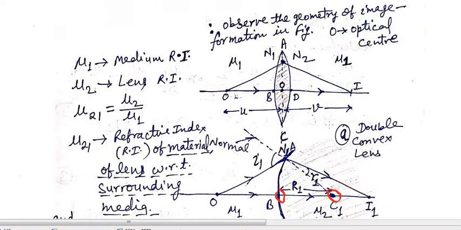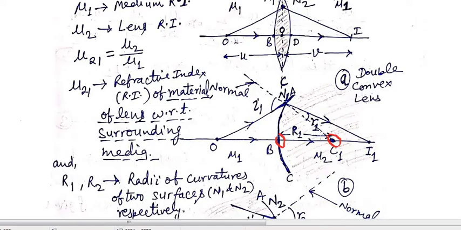Okay, so we will make the diagram for refraction at left side spherical surface. Here you can see O is the object, rays are incident at the spherical surface ABC from the O, and I1 is the real image for the object O. So here rays are incident from the medium mu1 to medium mu2. Okay, and line joining the point of incidence and center is called normal.